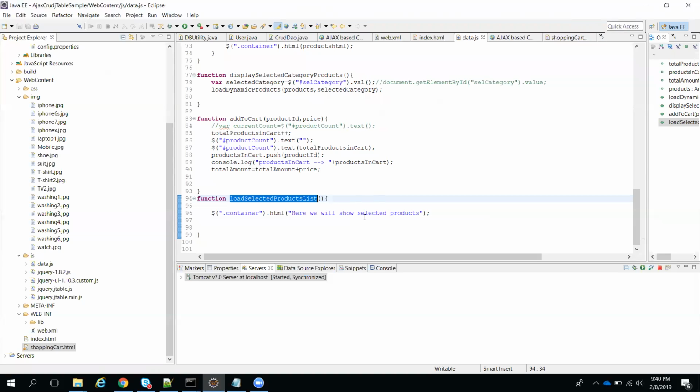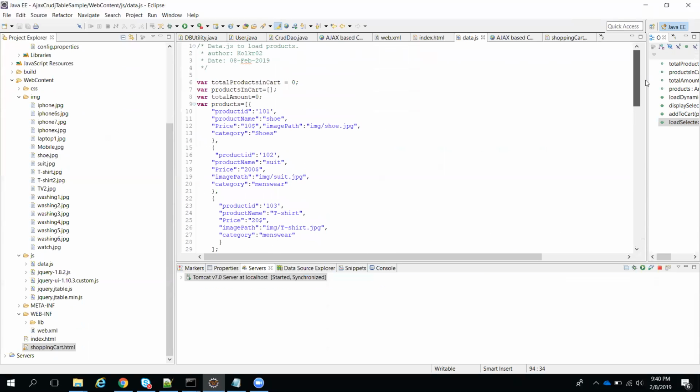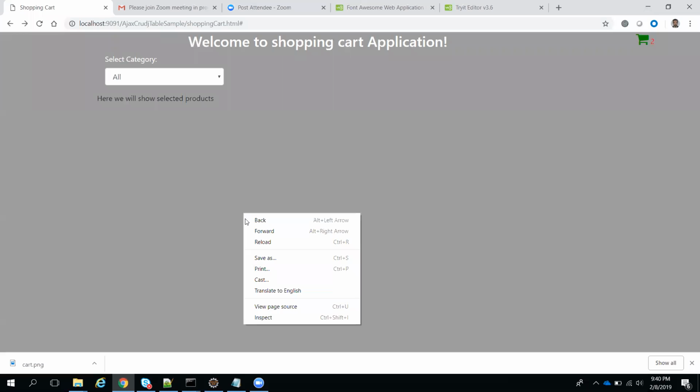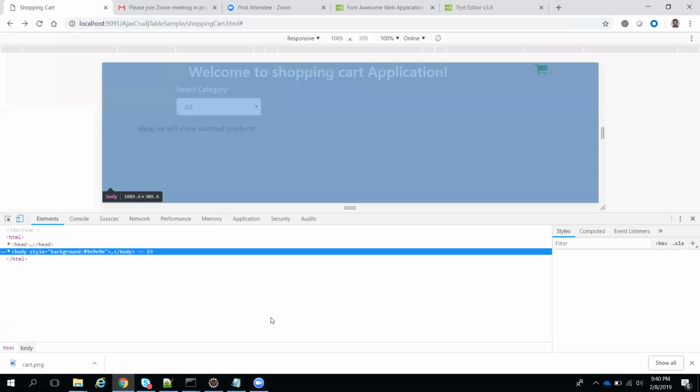If possible, whatever I have done, I will give you guys some assignment, because it's the same logic. We have a for loop, right? The only thing is, based on product ID we need to find each item. So in one array I'm pushing the product IDs you selected, and based on the product ID you have to get the product information from this array. So I will show it in the console. I'm printing the selected products in the console.